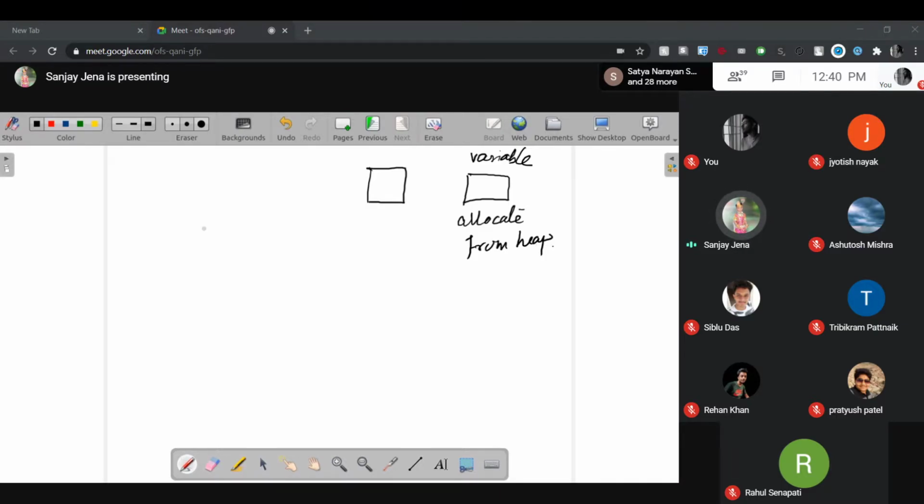How will I allocate? Last class I told you, for allocation, what is the method? Calloc and malloc. I use malloc, right? How much do I allocate? You look at the type of the variable. You have to allocate the size of that type, integer or character.